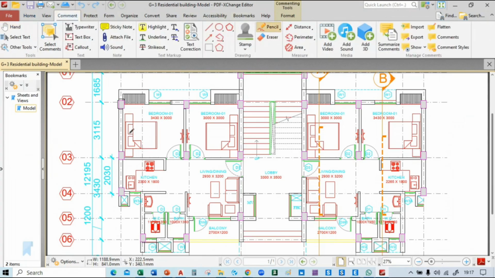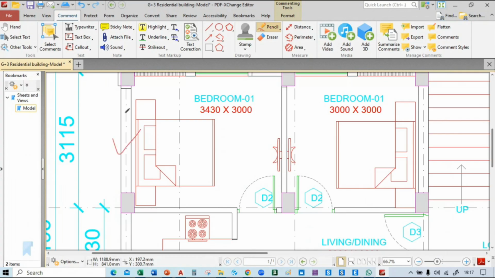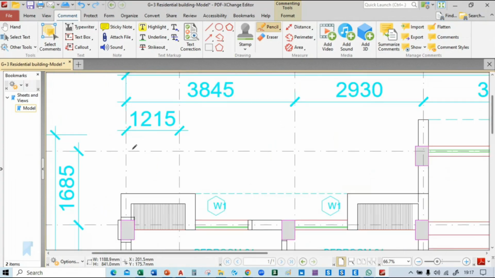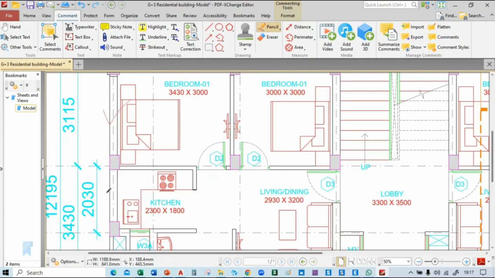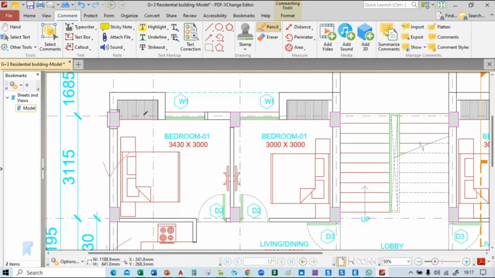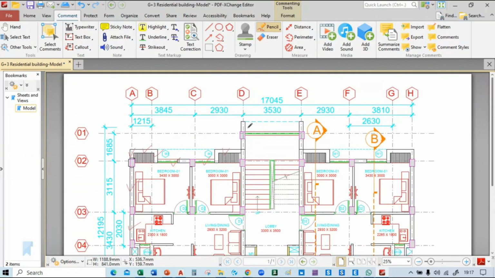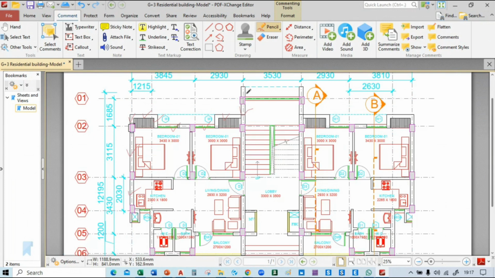Okay, we will mark this one. So this one and this one is there, it's 230. We will mark the 230 wall. Okay, this wall is 230, this wall is also 230, this is 230, and this is also 230, and this wall is 230. Okay,